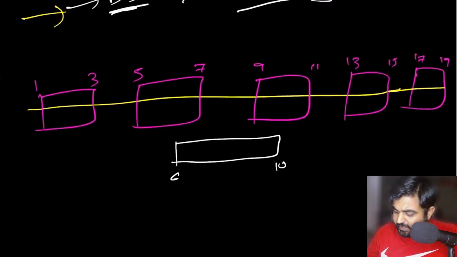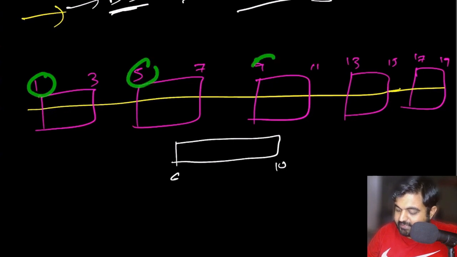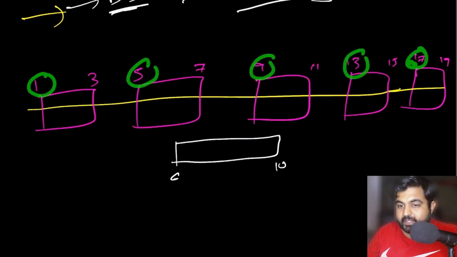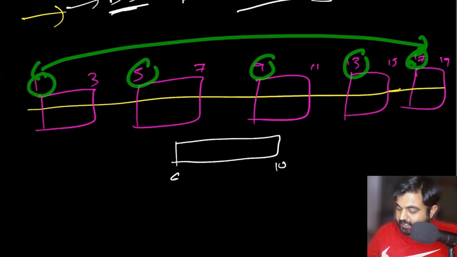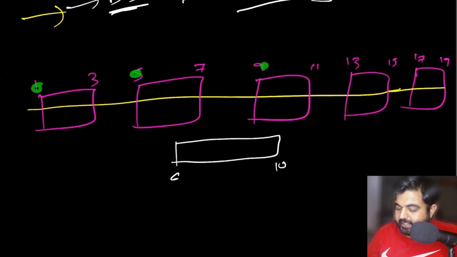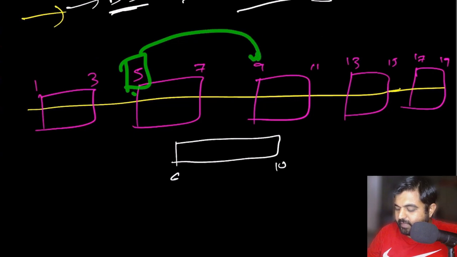Now, since I already know that the starting value of this new block is 6, do I need to go through every single one of the intervals to see where there could be a potential overlap? No. Since I already know that all of these values are sorted and there is no overlap between any of the existing input intervals, simply using these values, I can find the interval where there could be a potential conflict, and that I can pretty easily find over here. So simply I can see where 6 fits between all of these starting values, and immediately the answer is that 6 is between the values 5 and 9.